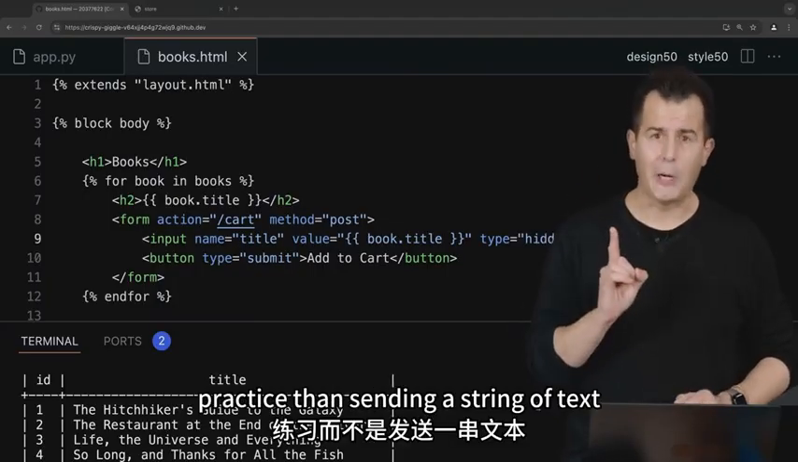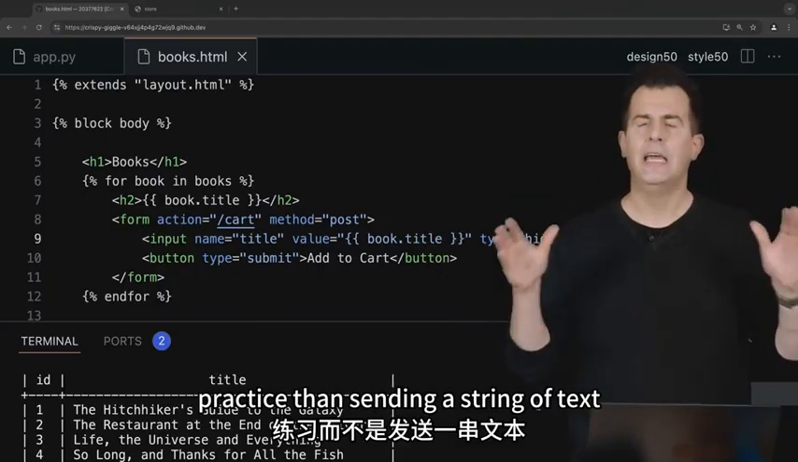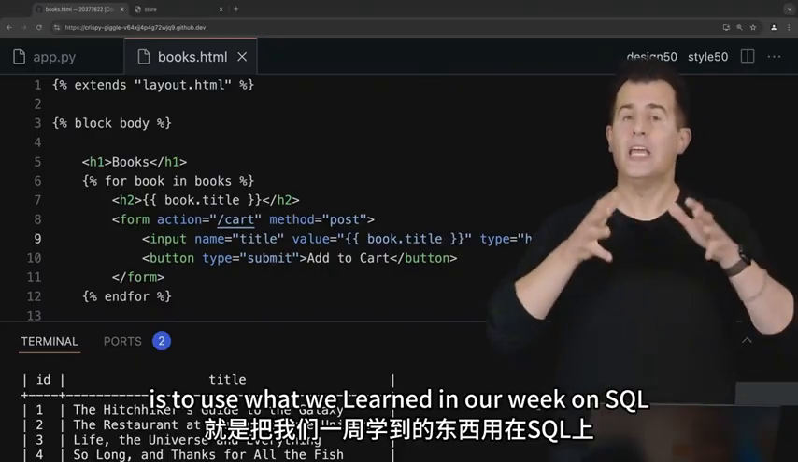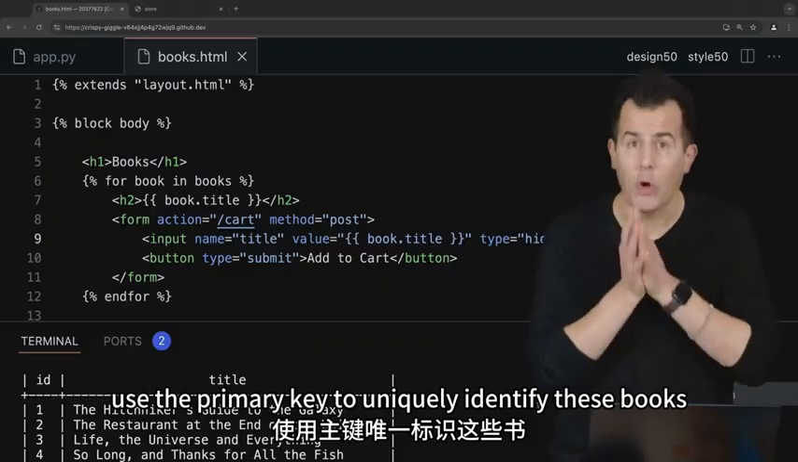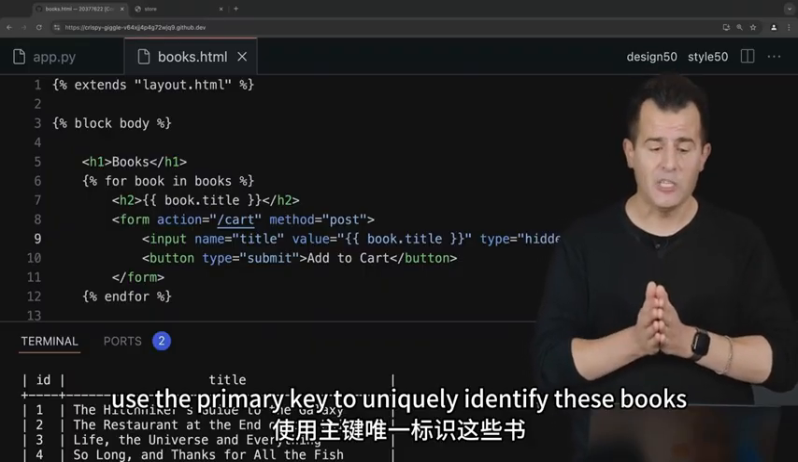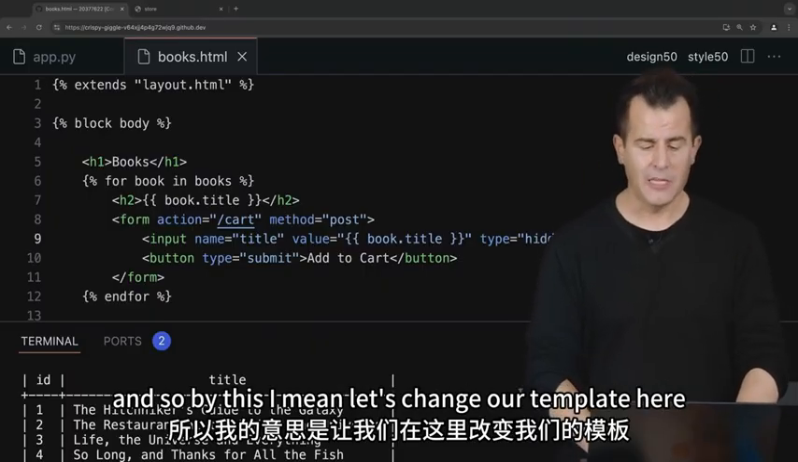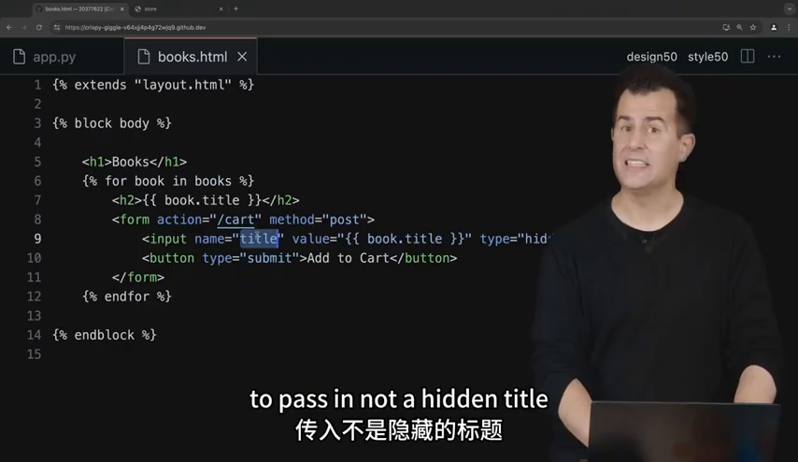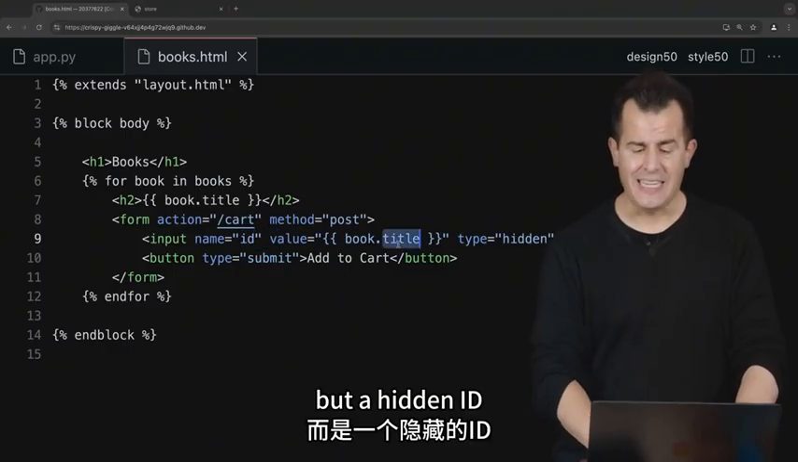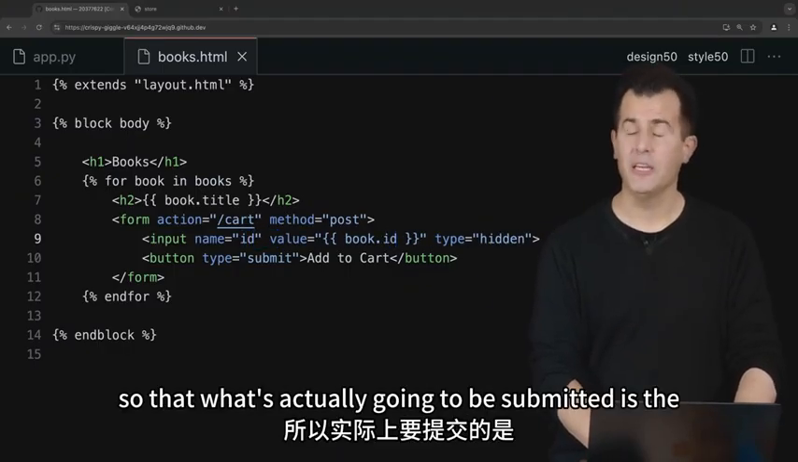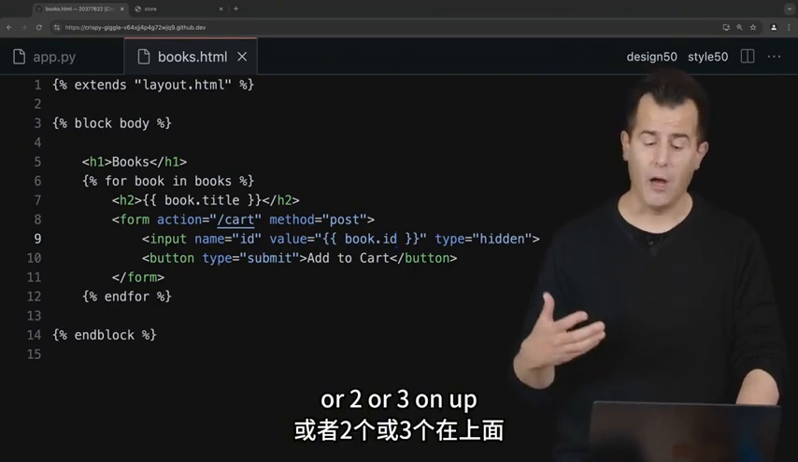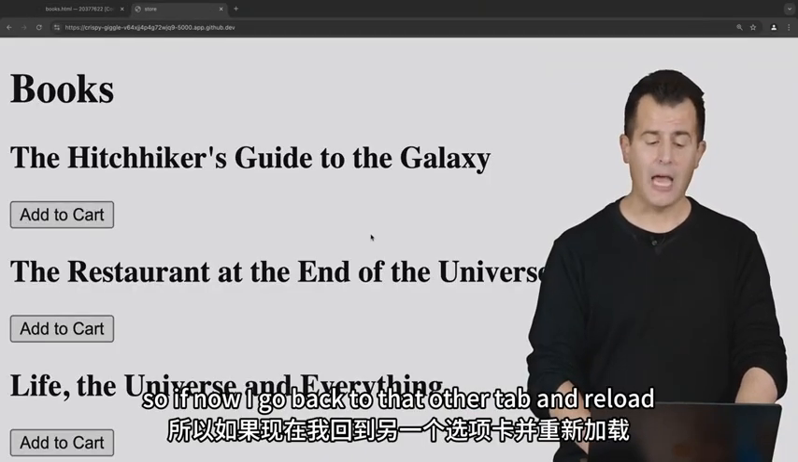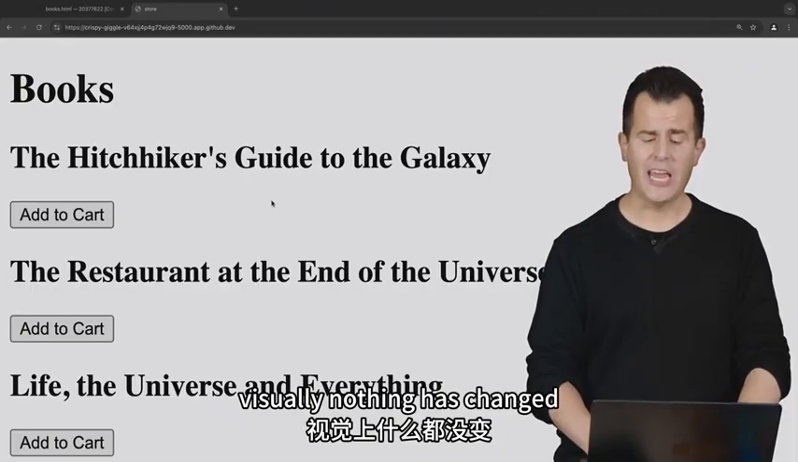So much better practice than sending a string of text is to use what we learned in our week on SQL, use the primary key to uniquely identify these books. And so by this I mean, let's change our template here to pass in not a hidden title, but a hidden ID, so that what's actually going to be submitted is the number 1 or 2 or 3 on up. So if now I go back to that other tab and reload, visually nothing has changed,